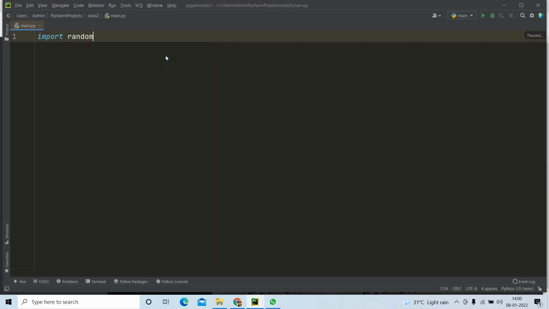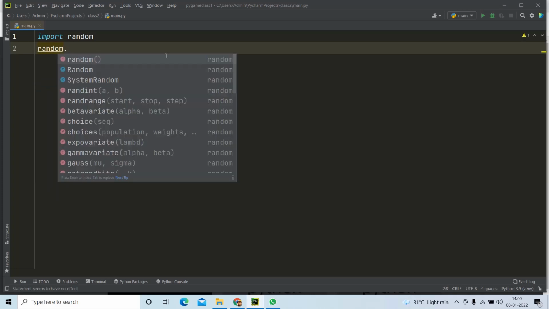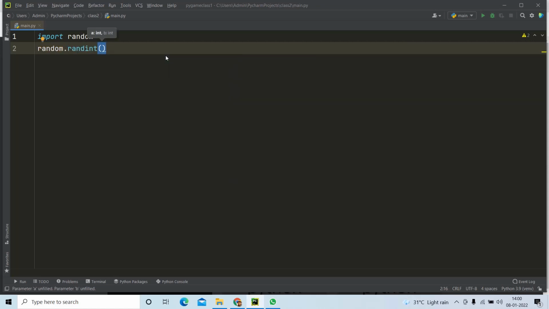Upon writing an import statement like this, whatever function is available inside random can be accessed with random, then a dot, and then the function name which I want to code. Here I am going to use randint for a random integer, where I need to specify two numbers, maybe 1 comma 5. Like this we can use any function which is available inside this random module.